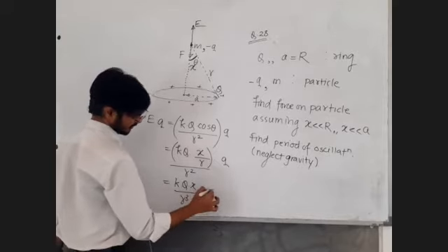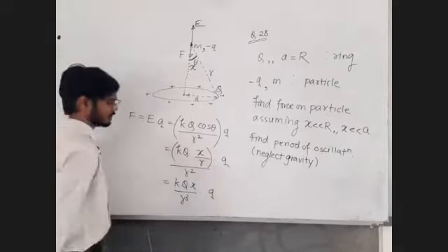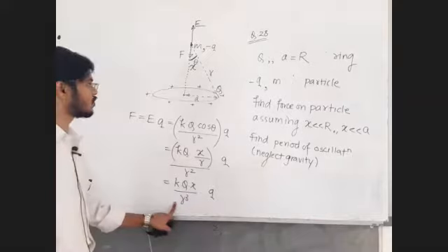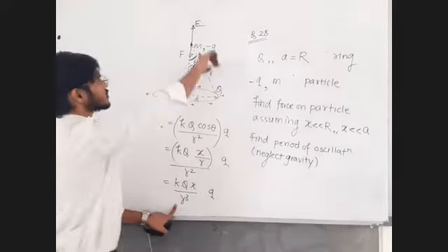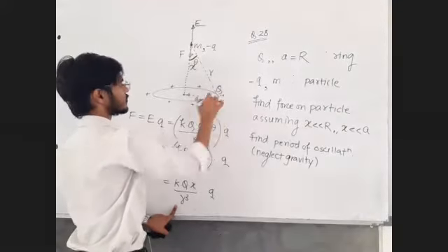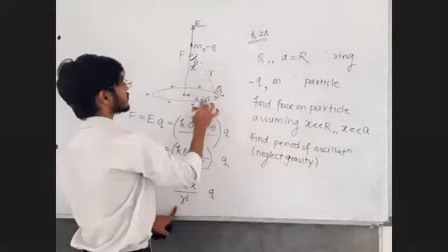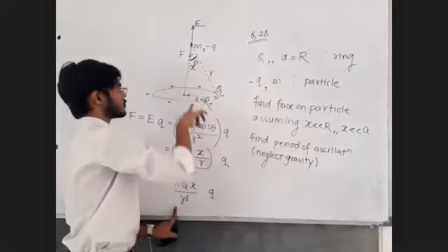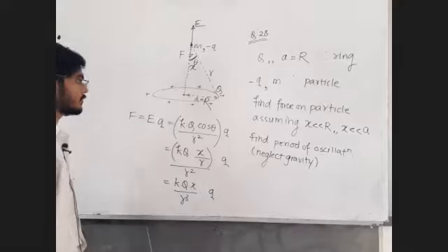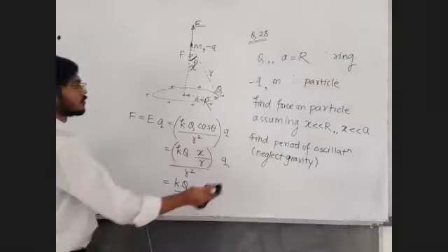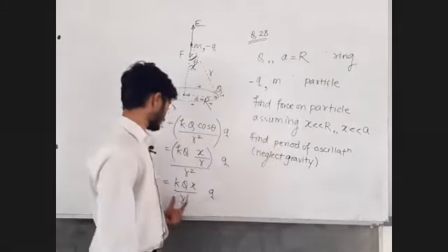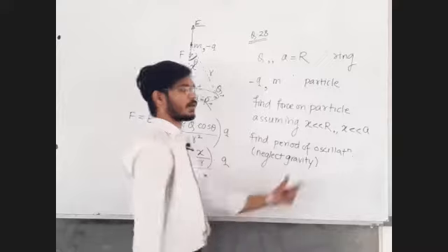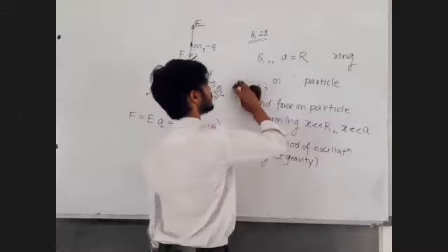Same derivation we are doing, nothing else. We have done this already. Now we are again going to replace this value of r. Small r data is not given. The radius is given as capital R and this distance is given as x. The particle is placed at a distance of x, so x is also given in the question. So we have to find out the force. We are almost at the answer. We have to take x is very, very less than R. We'll do that.